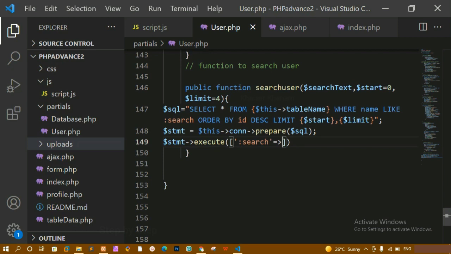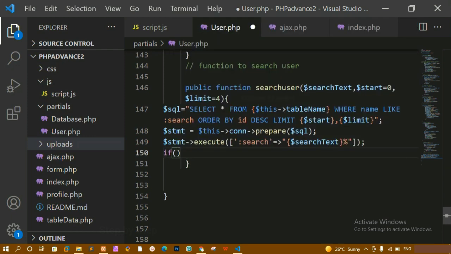I'm just going to copy that, and here inside this I'm just going to paste that one. This is nothing but search text. Let me just write here $. This entire thing is going to be matched, and I'm assigning it to this one. When my query is executed, this entire thing will be checked and the data will be stored inside this one, and later on it is going to match. Later on, whatever data I'm having here, using this LIKE operator, it is going to filter out, and that is going to give me the result. And here we just have to write percentage, which means that the entire text I am searching.